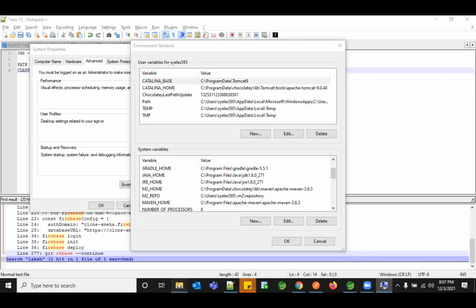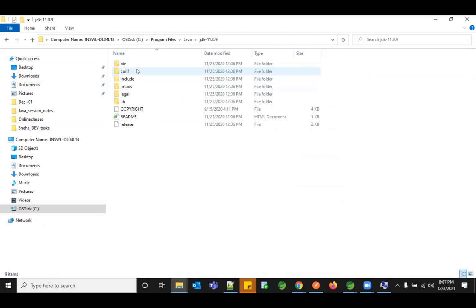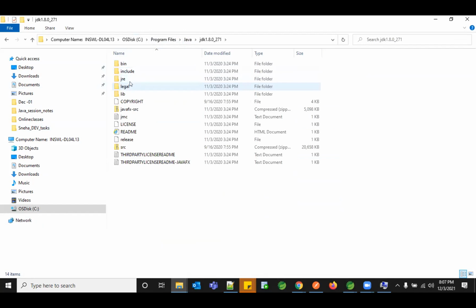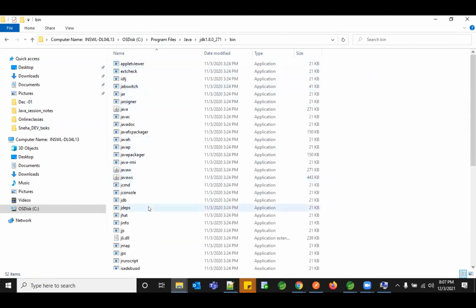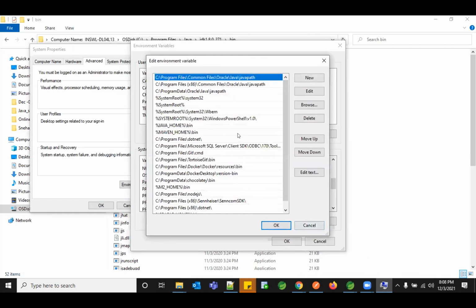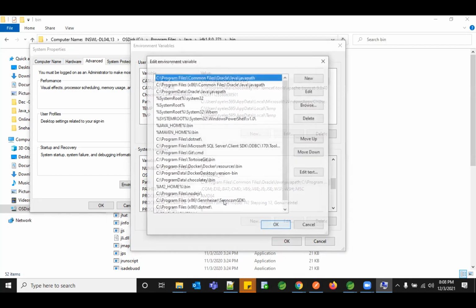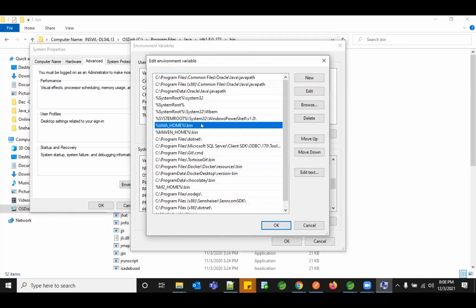And we also have something called bin. So what does this bin have? This is the actual development tools you have, your javac and java. So this is something you need to mention in your path. If I edit it, you can see my JAVA_HOME is nothing but my JDK path, and I'm just extending my path variable till bin. So I need to mention this particular one to use that library.